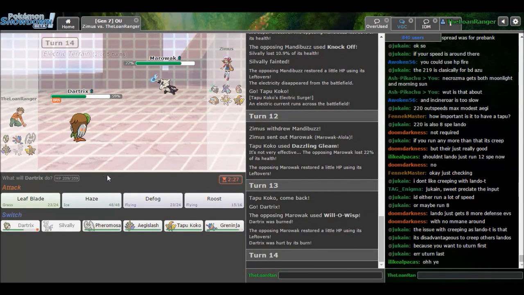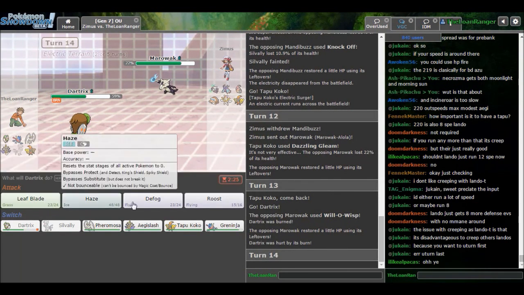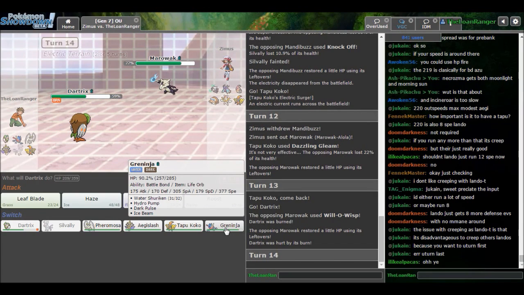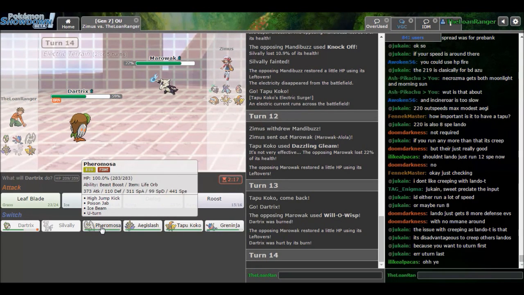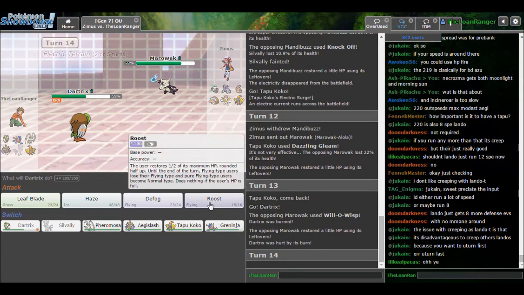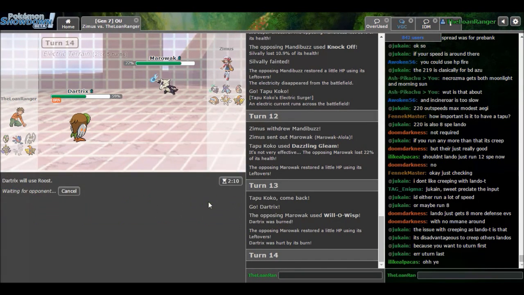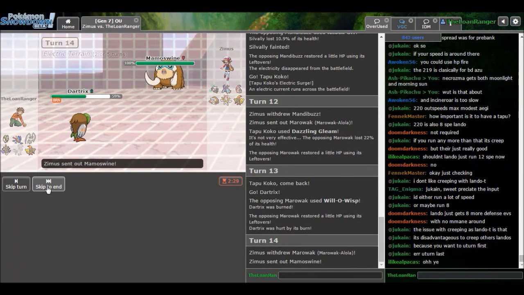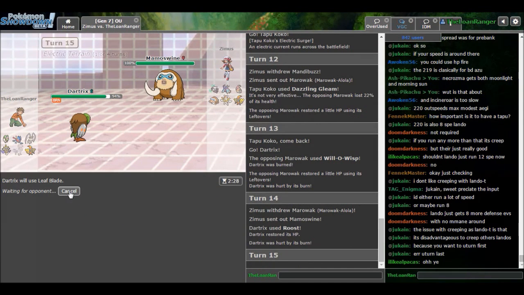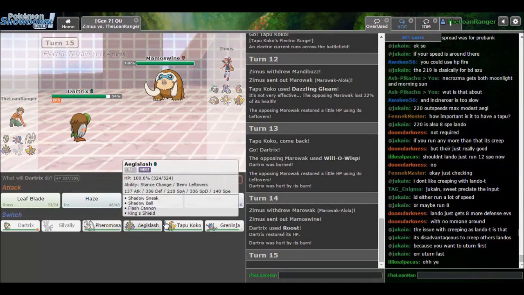He goes for Will-O-Wisp actually. That's actually fine. I kind of think he'd double right into Mandibuzz because he wants to keep that thing healthy. Which makes you want to go into Pheromosa. But he could also just Flare Blitz. So I'm going to Roost. Nope, he goes into Mamoswine. That's fine. I'm going to...